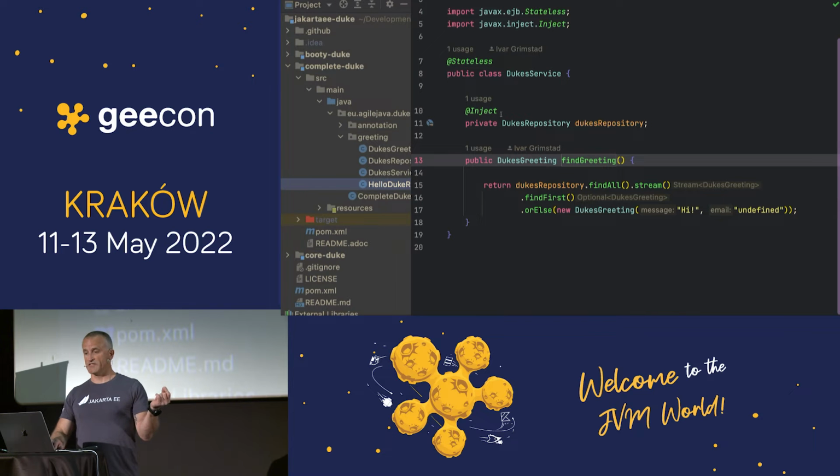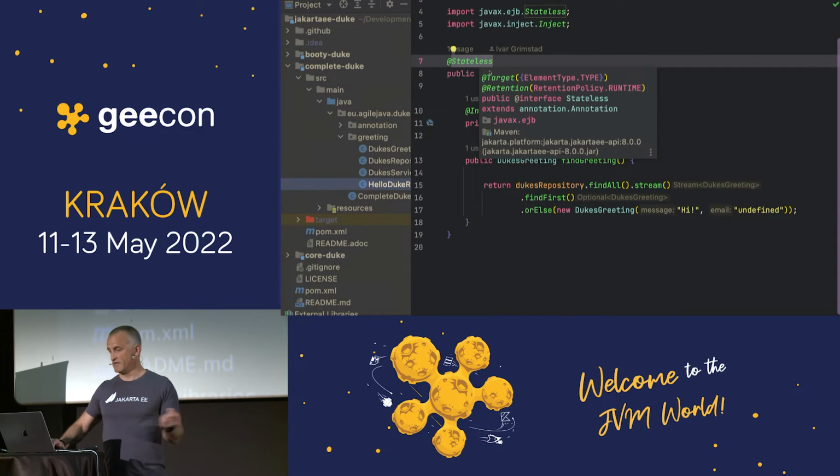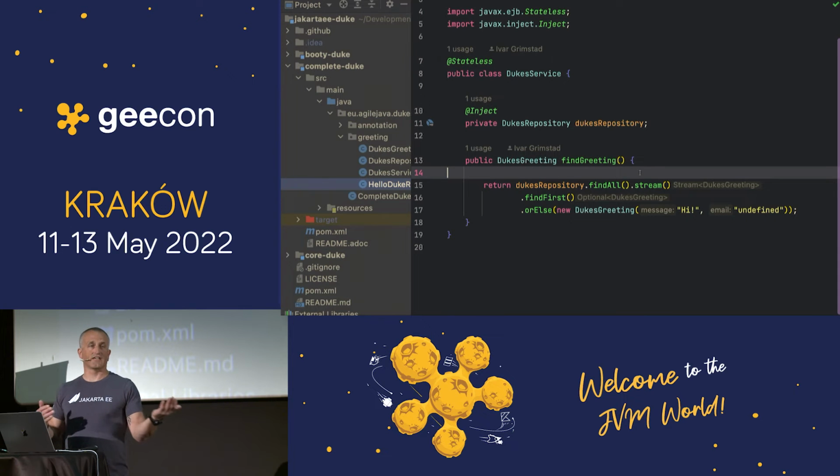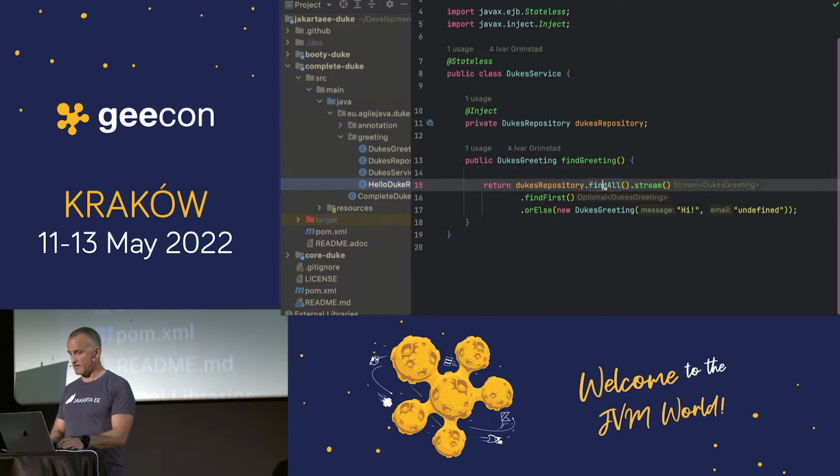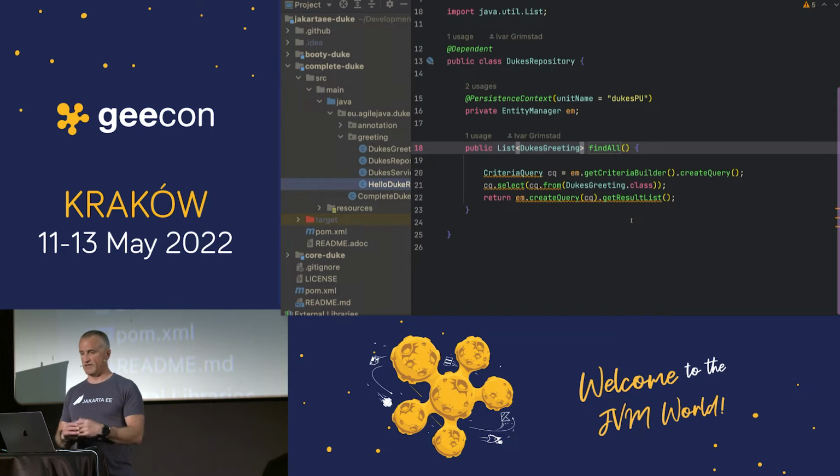And this EJB, you can see it's an EJB by the @Stateless annotation here. And that means it has security and transaction and scalability and everything built in, so I don't have to think about that. And also, what it does is to call this Dukes repository, do a find all here, find the first, otherwise it hardcodes something. So it's not that complicated business logic, but it's still there.